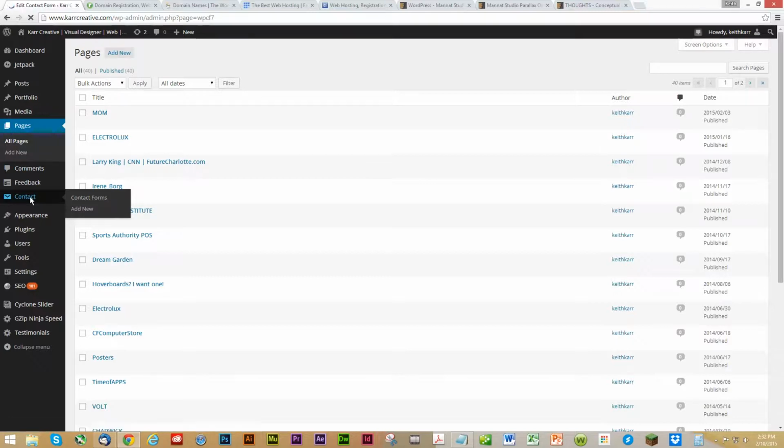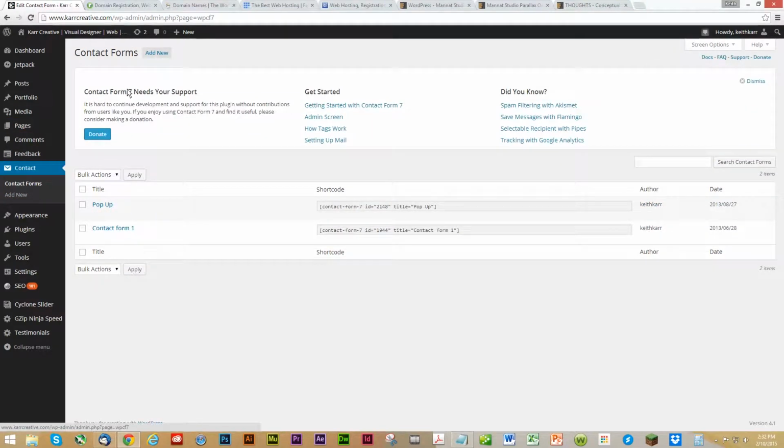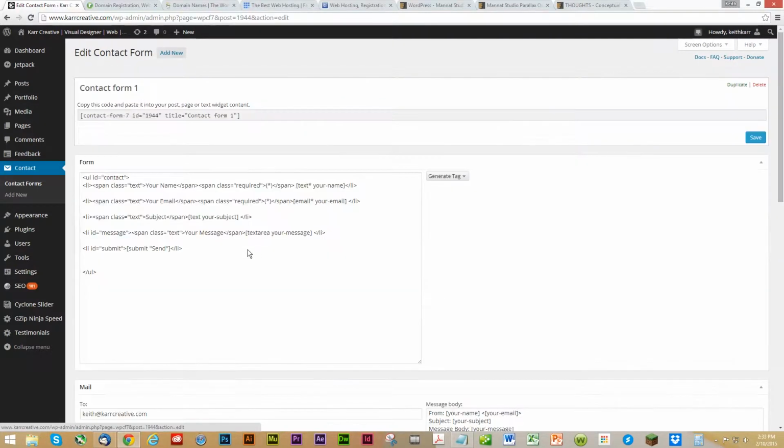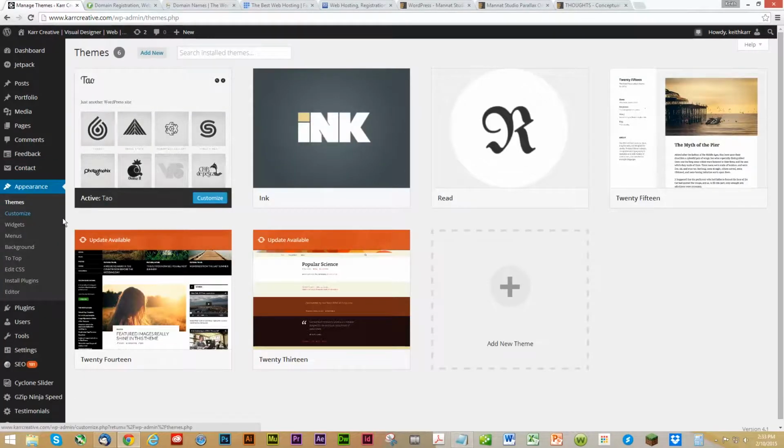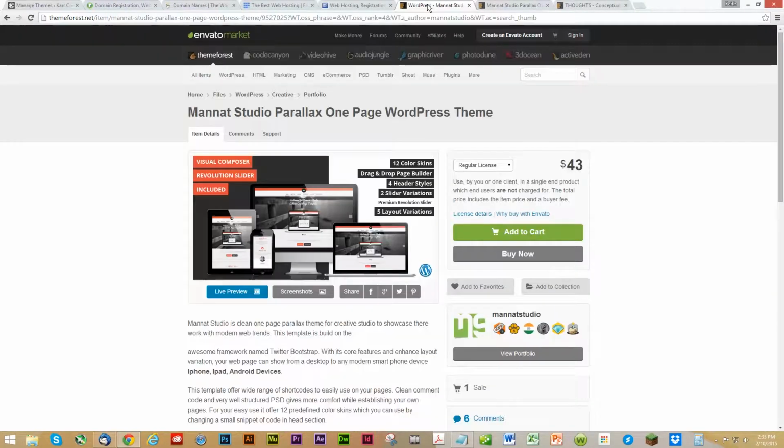Contacts, in my case, is Contact Form 7. I've got one contact form as well as a smaller one, but you can go in and build and customize a contact form that's placed there. It's really straightforward how this is applied, and we'll discuss that further. Appearance is where, if you manage and purchase a theme